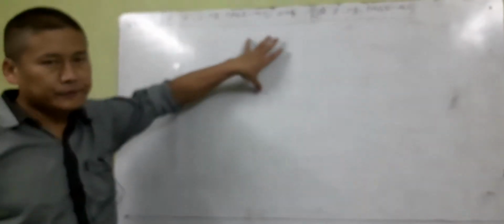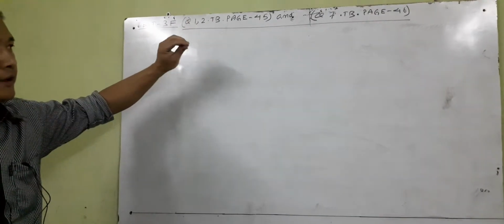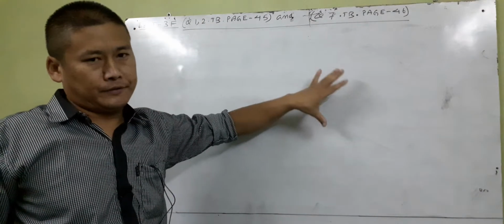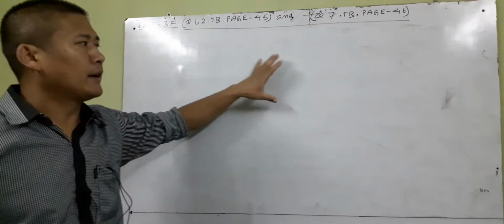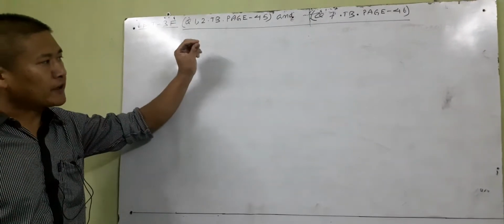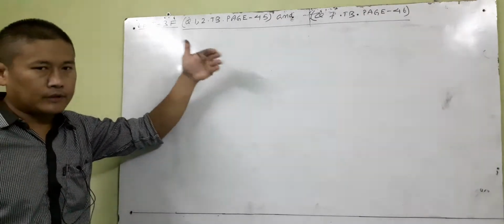Okay, so we will go to the next test, numerical part for class 9 science, chapter 3, atoms and molecules. I encourage you to sincerely do this. All the sums that are inside the textbook, at the end of the exercise, at the end of the chapter, as well as inside the text, have been solved. So you will find it very useful, and you'll find it quite easy to deal with these numericals if you